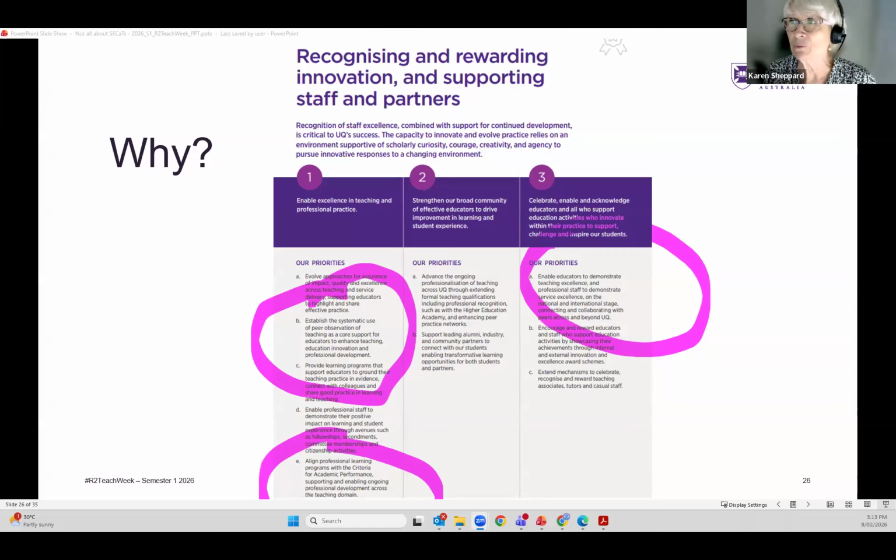And UQ basically supports this and has talked about it as a priority going forward. If you're familiar with the roadmap from 2024 now, you'll notice that under our priorities, it was to establish a systematic use of peer observation as a core support for educators to enhance teaching, but also about enabling educators to demonstrate their teaching excellence and to align our professional learning programs with the criteria of academic performance.